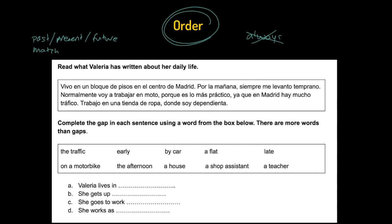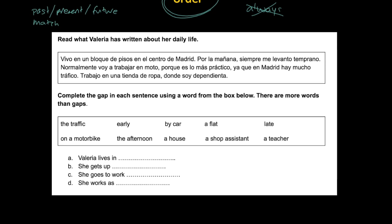And this can really happen. Let's see why. I have here a recount of Valeria's daily life, okay? And this is a type of question where I have to fill in some sentences in English with some options. The first thing I need to mention, which hasn't really got to do with the order, is that usually, as I read these sentences, there tend to be usually two